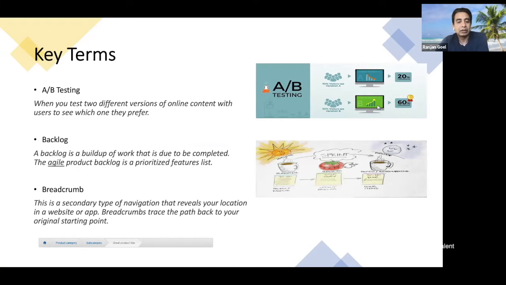A and B testing is a very common term from a UI and especially user experience perspective. What it really means is, as people develop websites, a lot of time they have two options in front of them. Hey, should I design the site this way? It's not just for the whole site. A lot of time it's just one particular feature in the site or a form that you want to publish, and say you have a team of people and they have different opinions.